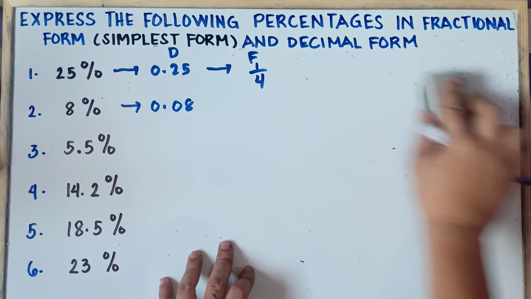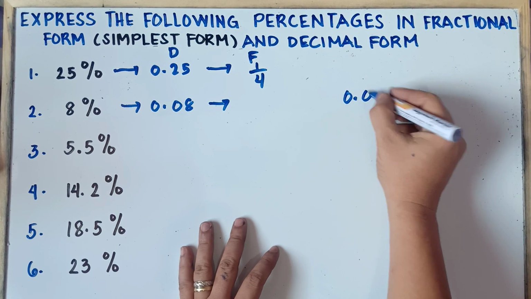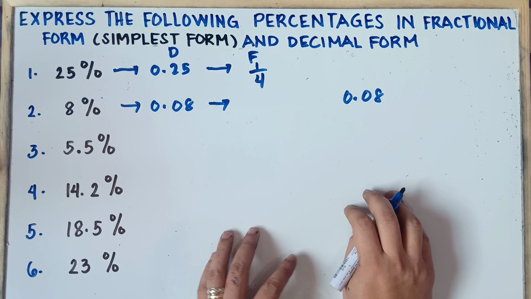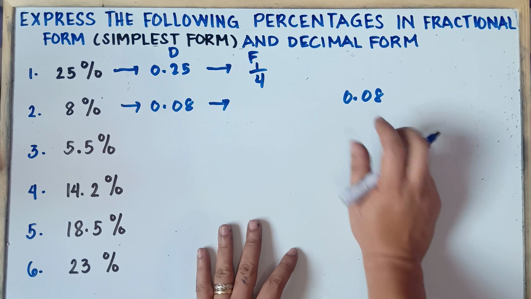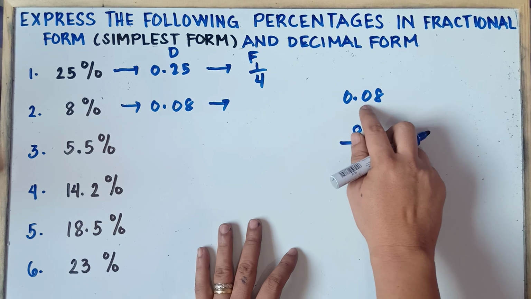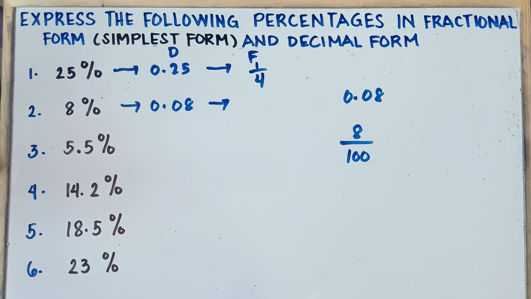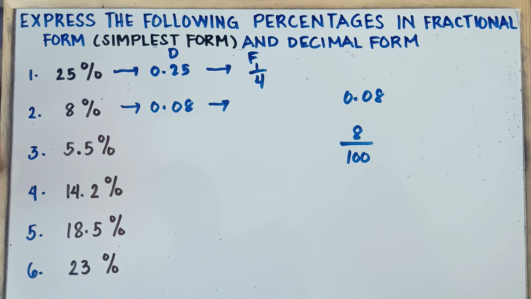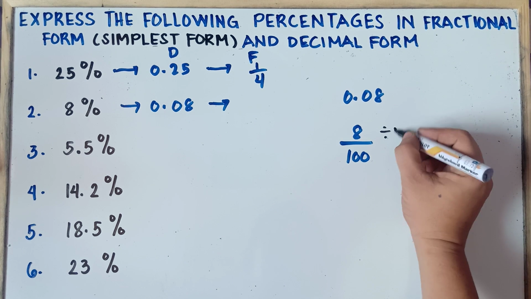Alright, and then to convert this into a fraction, once again, 0.08, to convert this into fractional form, count the number of place values: tenths, hundredths. So there would be 8 over tenths, hundredths, over 100. Alright, so can we reduce? Yep, we can actually reduce that one. By what number, sir? What would be the greatest common factor of 8 and 100? That's correct. That is 4. The GCF is 4. We can divide this one by 4.